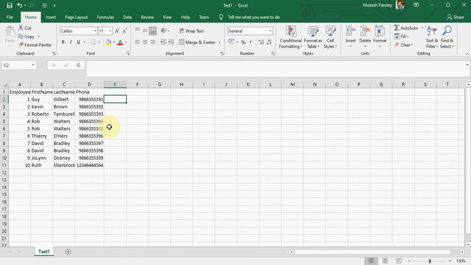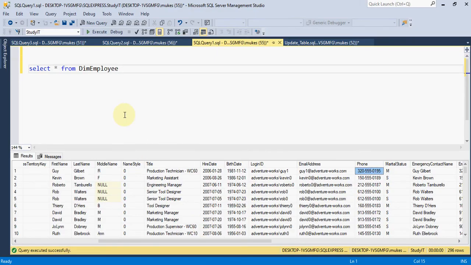Basically this requirement came because in the marketing field, the field guys collect the data in Excel. We need to update it, or sometimes the user or employee changes the phone number, and you need to update the phone number based on the input provided in the Excel sheet. We get lots of scenarios like this. If you attend any interview on SQL, they will definitely ask this type of question. So let's understand how we can resolve this question.